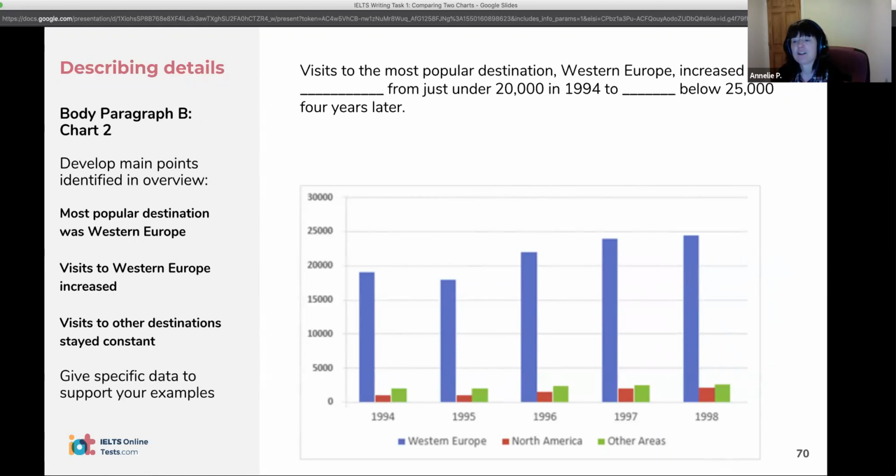Okay, yes, good, very good. Everybody's got some nice adverbs in there: gradually, or steadily, significantly. Okay, so that's an adverb. From just around 20,000 in 1994 to